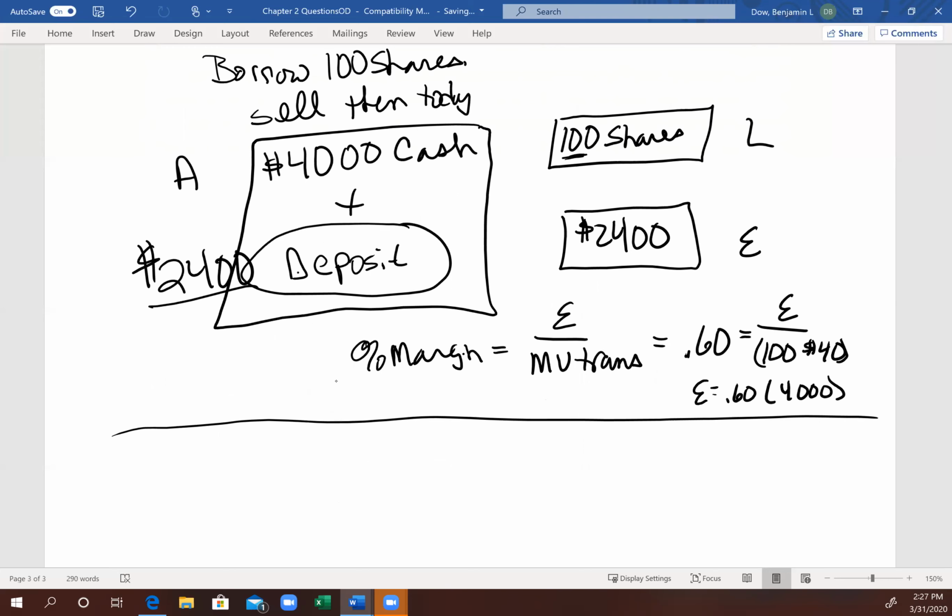Well, if the maintenance margin is 30%, we now have to figure out, again, equity divided by the market value